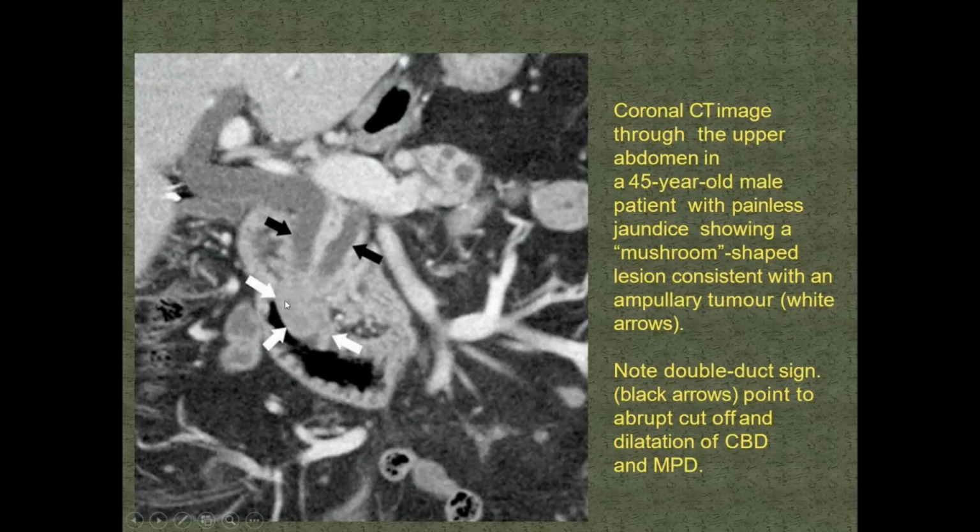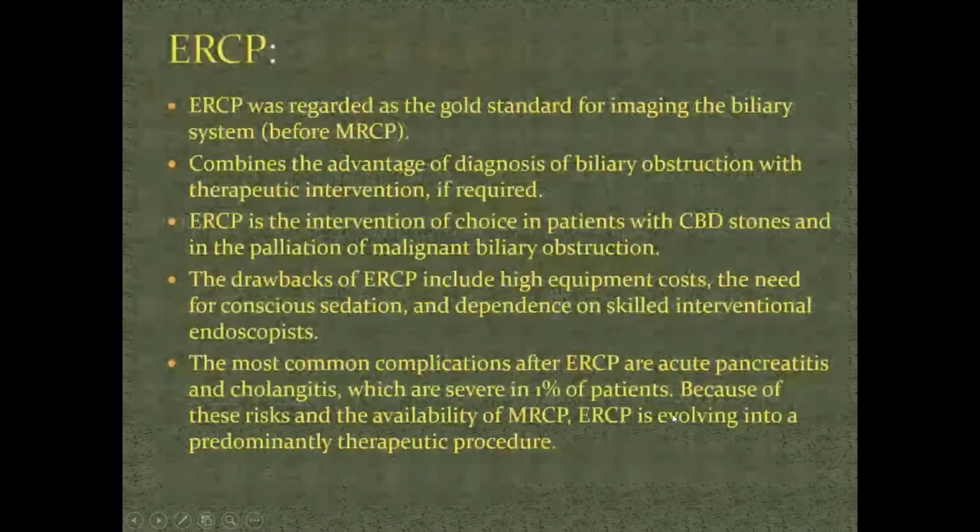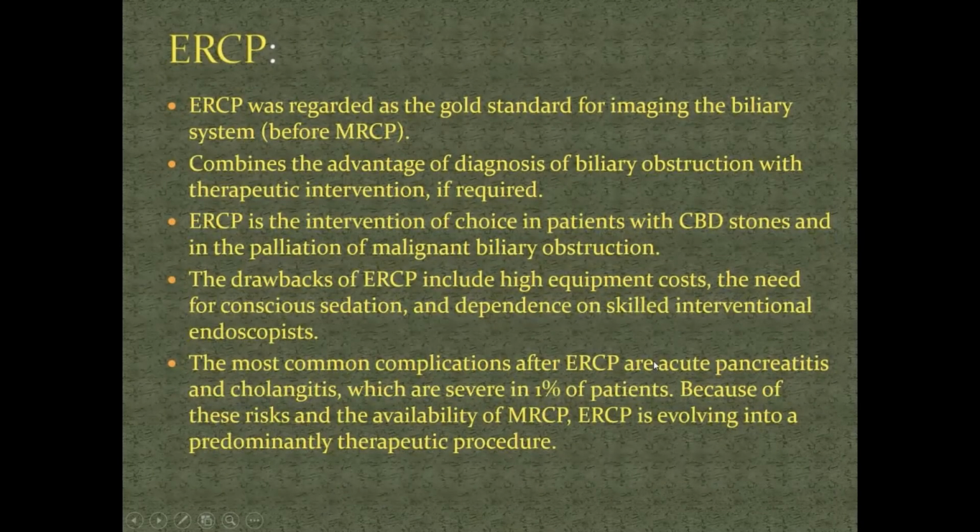Enhancing mass in the region of the ampulla. Another case of periampullary carcinoma, you can see an enhancing mass in the distal CBD in the region of the ampulla with proximal dilatation. So ERCP, we are not going to talk much about, but it was regarded as the gold standard